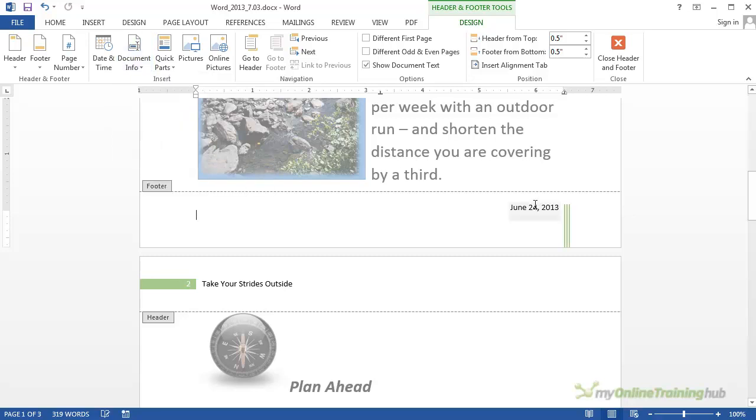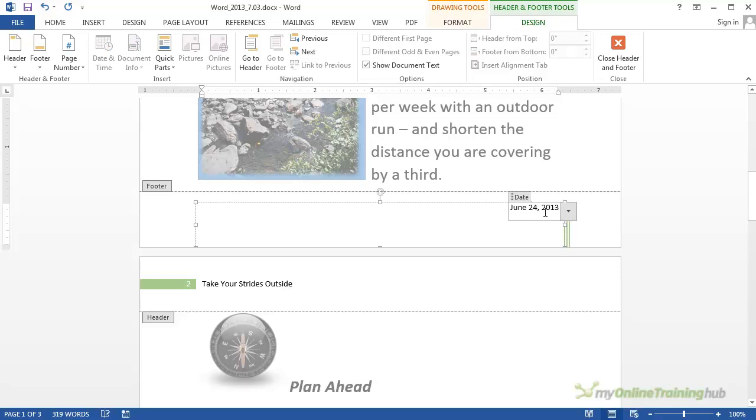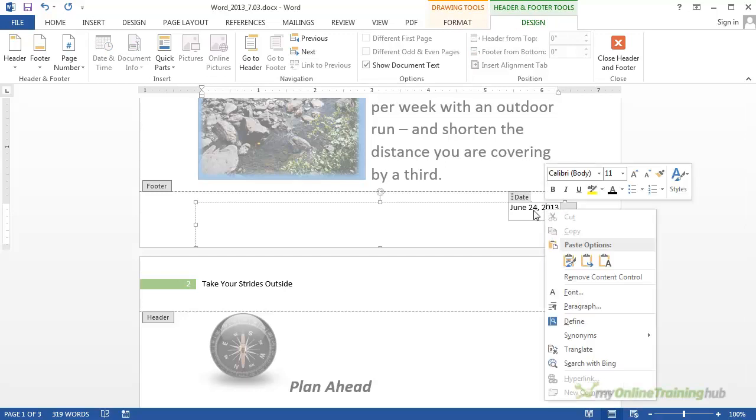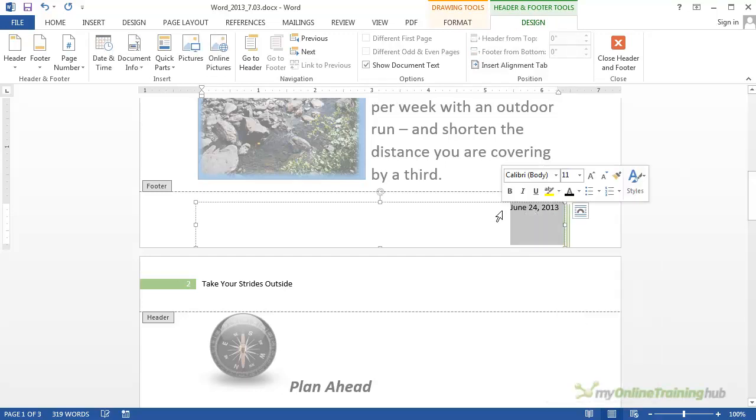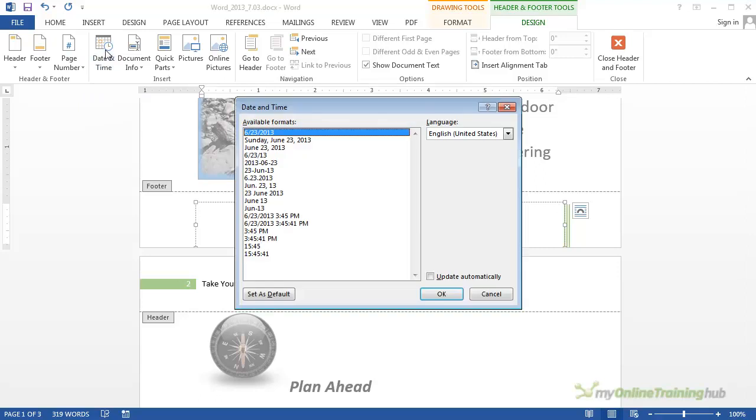Okay, so for example, instead of having the date here, I'm going to delete this. Let's see, how am I going to do that there? There, I'll select it there. And instead of just having the date that we manually put in every time, I'm just going to click on date and time. And let's just choose the date. Actually, I'm not going to use the time, so maybe we like the way that it's spelled out here,